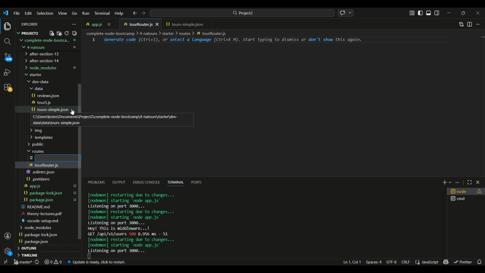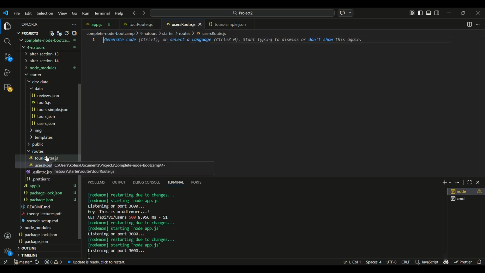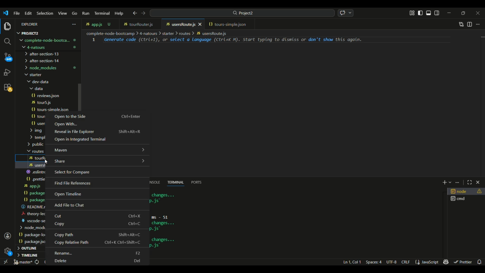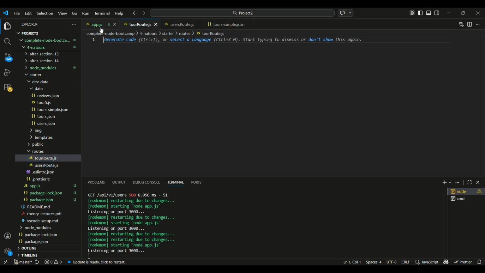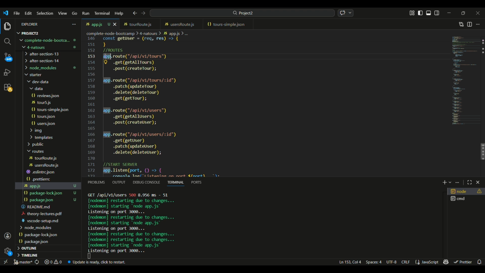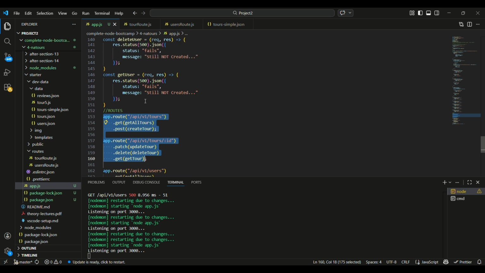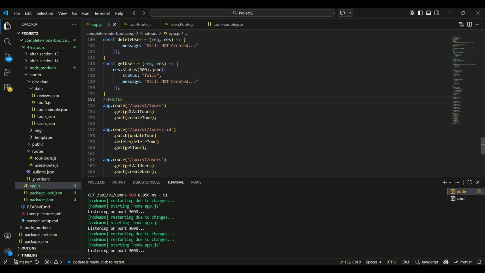and usersRoute.js. Router or route can be anything. Let me give the same name for those two, Route.js. Now let us copy paste these routes which we have used here, or we can use these routes. First let me show you